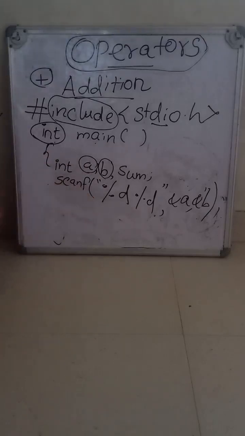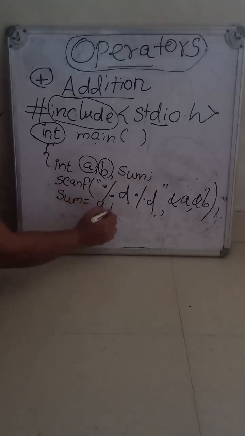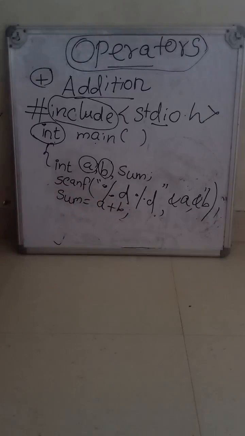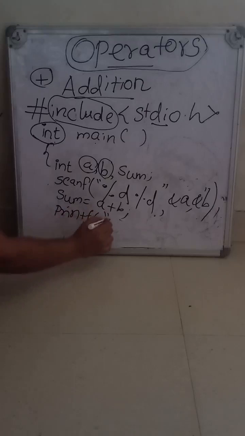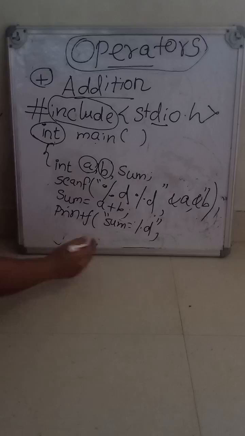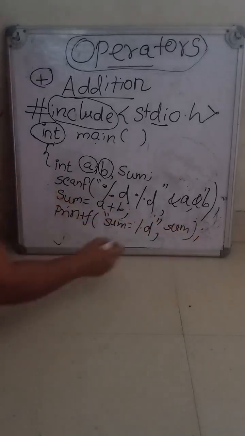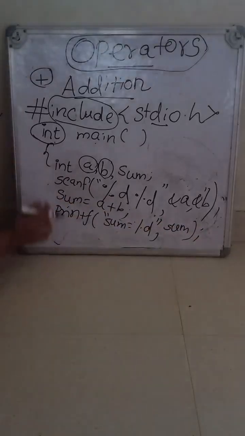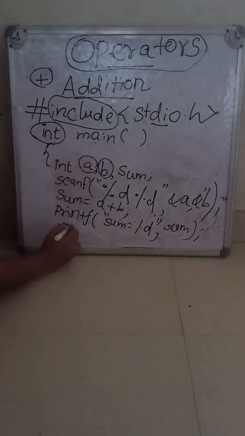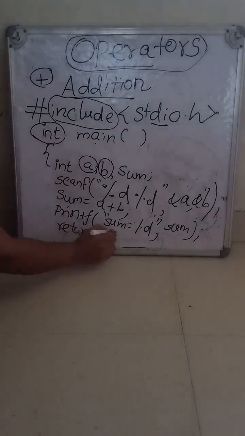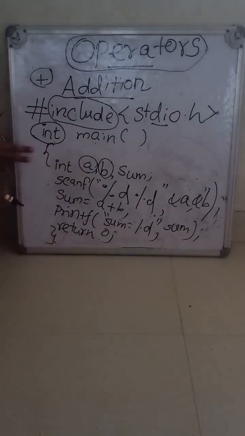Okay. Now after this scanf statement, I have to include the operation. So sum is equal to A plus B. Now again the same thing. In the printf statement, I have to add sum is equal to %d, comma. What is the thing that I have to add here? Comma sum, because the output is stored in sum. Okay. So for the int main function, I have to add a return statement. So I have added the return 0 statement. With this, I can close the open brace, and